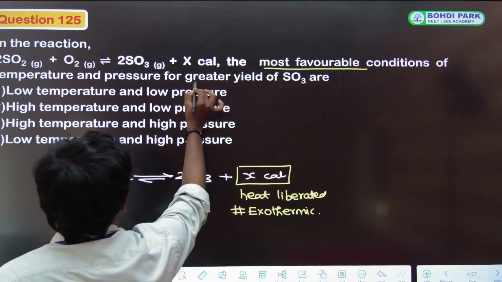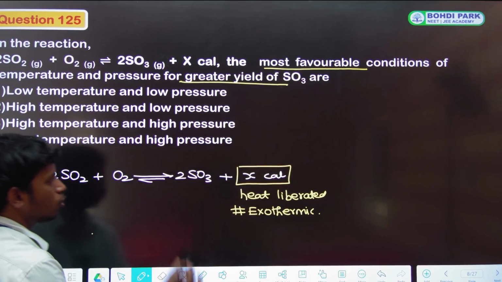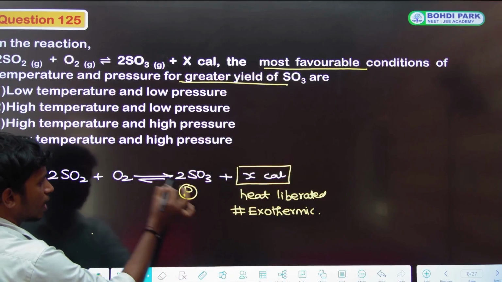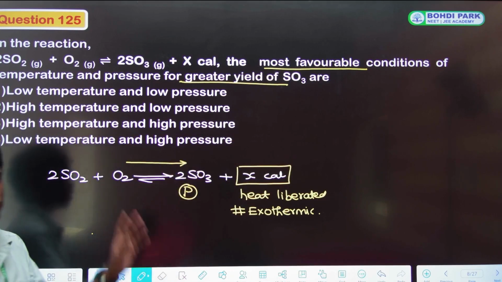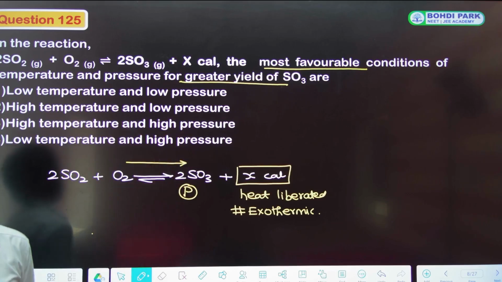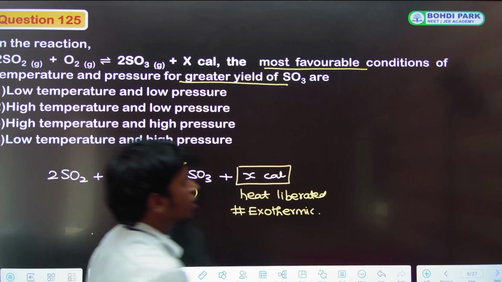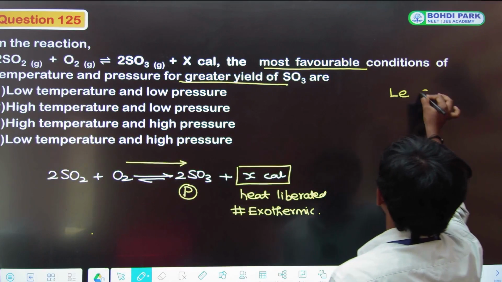For the greater yield of SO3. Okay, நிறைய product form ஆகணும்னா, அதாவது அதிகமான forward reaction நடக்கணும் அப்படின்னா என்ன condition அது follow பண்ணணும் கேக்குறாங்க. ஓகேவா? So according to Le Chatelier principle,